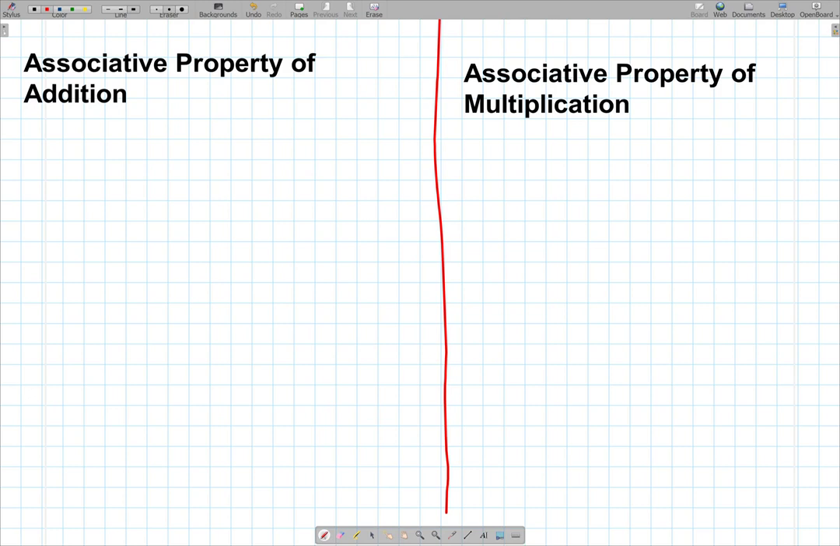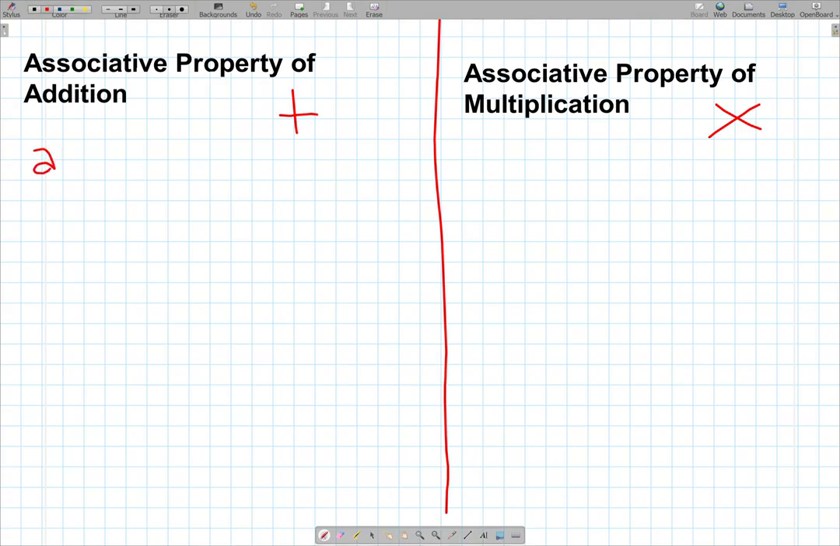Okay, so we are done with commutative property of addition and commutative property of multiplication. So ngayon tayo ay associative property of addition and associative property of multiplication. So again, ang addition ay plus, ang multiplication ay times. Okay? So ang associative property of addition, for example,